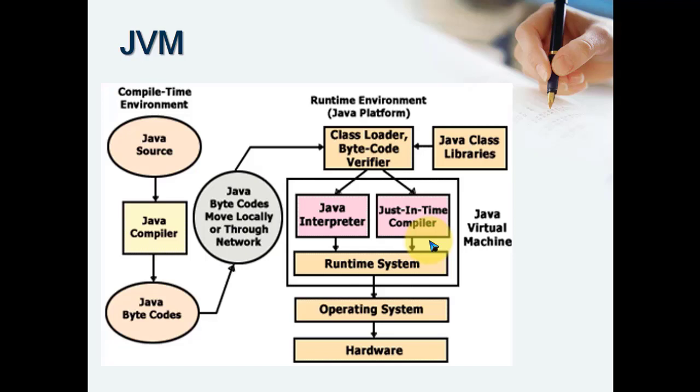Now you will say here is a compiler, and here is also a compiler. This is the Java compiler, this is the just-in-time compiler, and this is the Java interpreter. So why are so many things available? What is the use of the Java compiler? It converts source code to bytecode. After that, the bytecode is loaded into memory. Now the Java interpreter will execute the instructions one by one. What is the role of the interpreter? The interpreter will read an instruction and execute it, read an instruction and execute it.